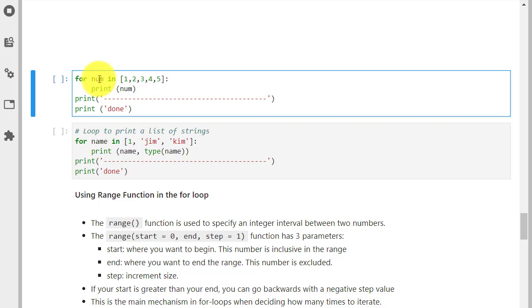And so this loop is going to run 5 times. You already know this because I can see the number of items in this list. And the interesting thing, as I mentioned before, is that each time this loop runs, the target variable will take on the value of each of these items. Okay. And so it's basically going to be first time as 1, second time as 2, third time as 3, and so on. Okay. And then it exits out of the loop, and I can see that because of the